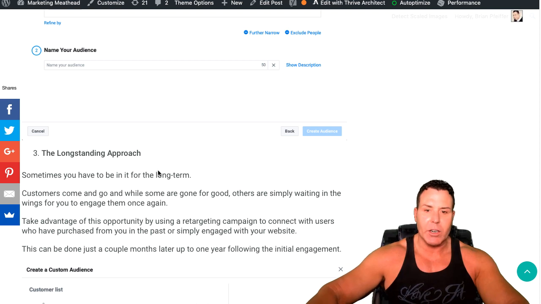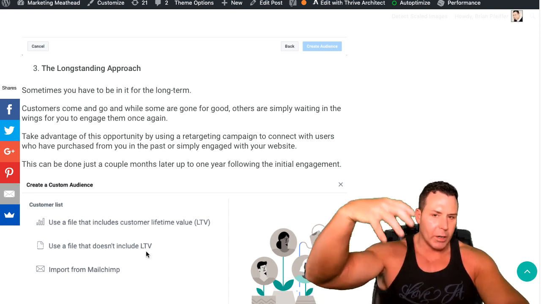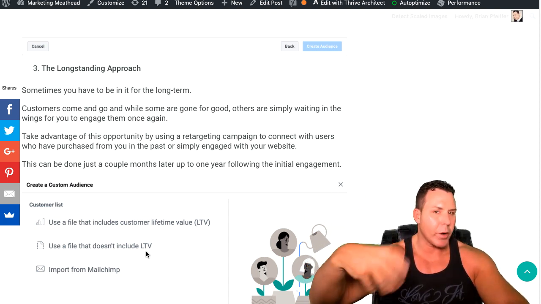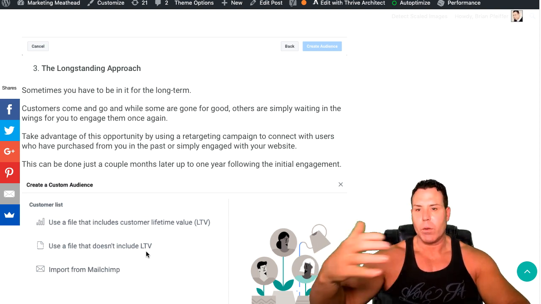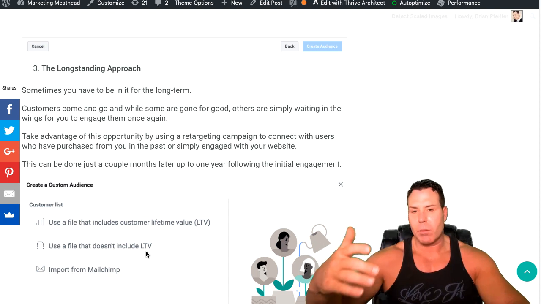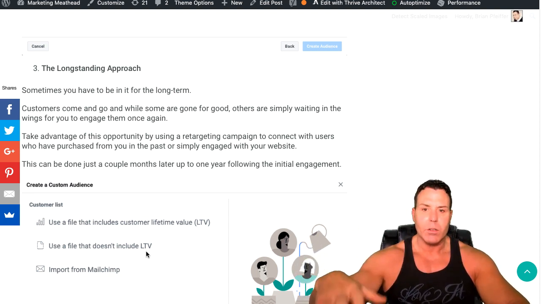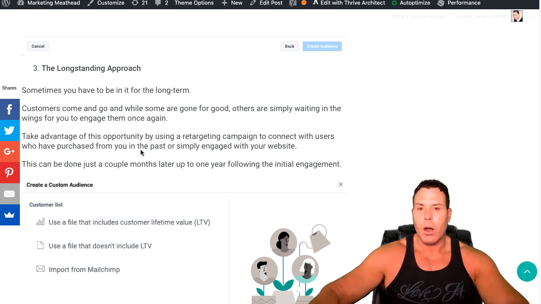What you can do is upload a customer value file, an LTV file, and basically you can import a list into Facebook, and then that list is past customers, and you hit them with some kind of re-engagement type of retargeting, basically saying, hey, listen, we've missed you, we got this going on and this going on, and give them some valuable information or some content that makes them want to come back and become a purchaser. So that's your long-standing approach. That's definitely another tactic you can use in retargeting, and it's a very effective one when it comes to